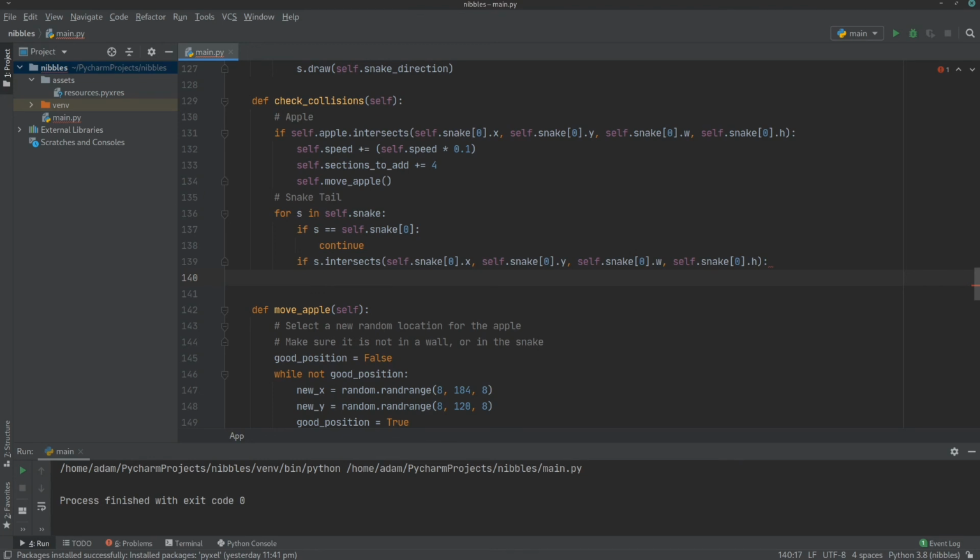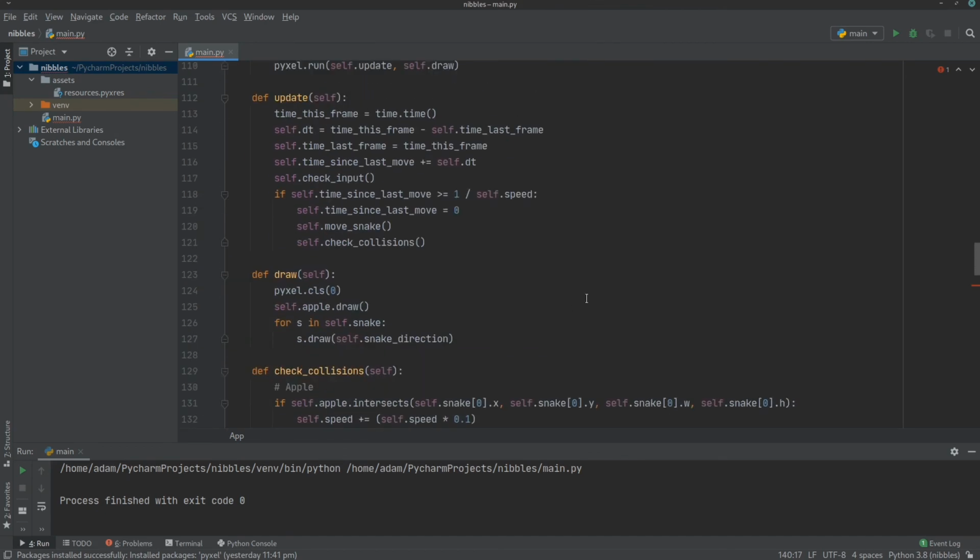Now, what should we do when a snake crashes into itself? We should end the game. We don't actually have a way to do that right now. What we need is some game states, so that we can change the game state from running into game over. So back up the top,